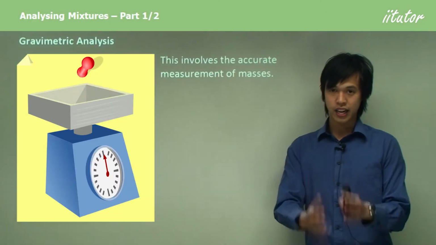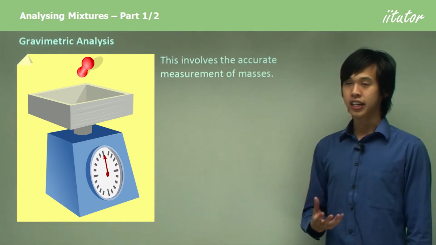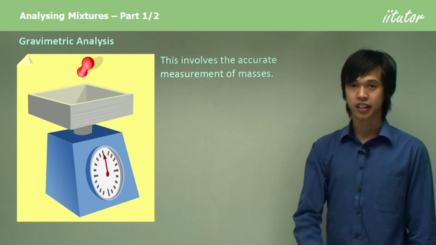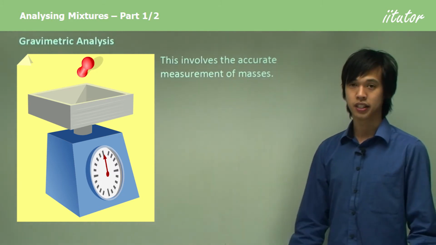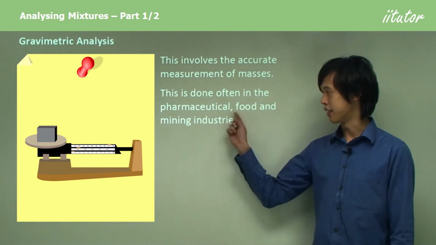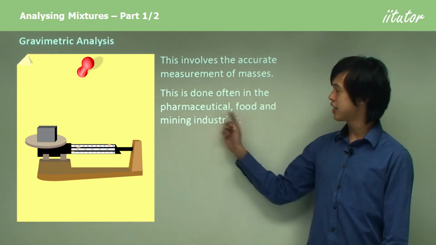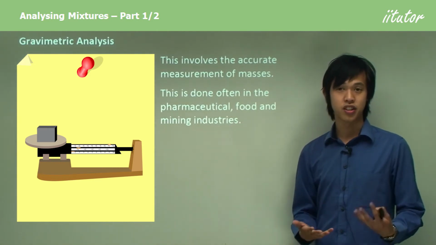So now we look at gravimetric analysis, and this involves accurately, and here's a key word, accurately measuring the masses of a particular substance. So we use this a lot in different industries, particularly the pharmaceutical industry, the food industry, and the mining industry. And you can see here that each of these really needs to know how much mass